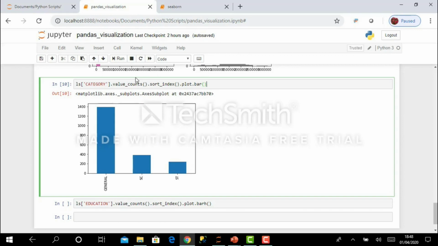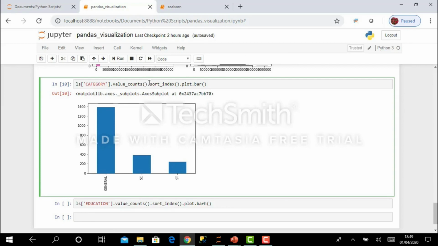So why are these functions useful? First of all, value counts. When I have written ls category dot value counts, that means for each value of this category it calculates the total number of counts. It first generates how many general candidates, how many SC candidates and how many ST candidates there are.